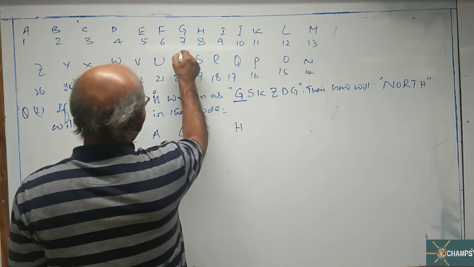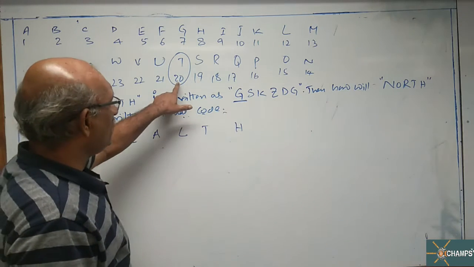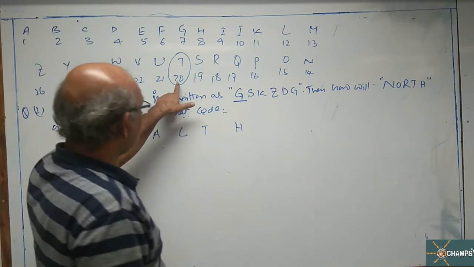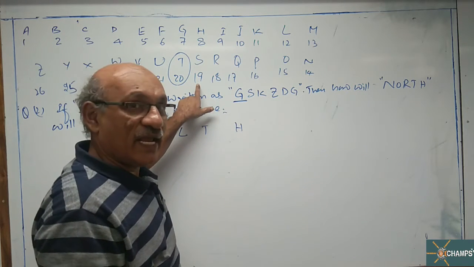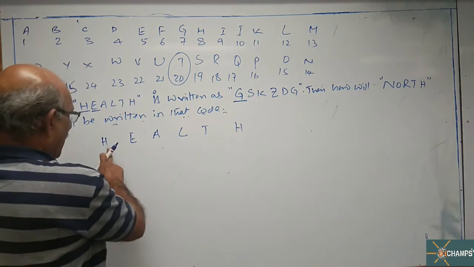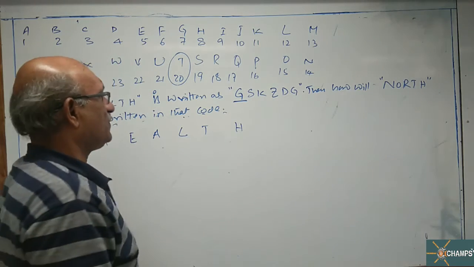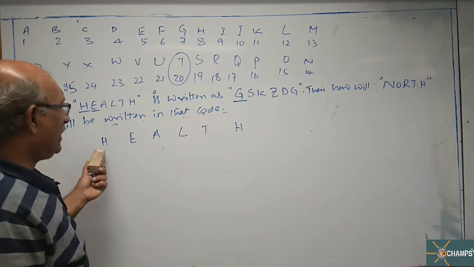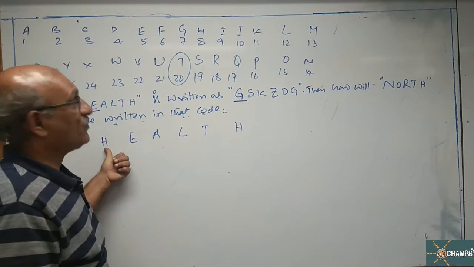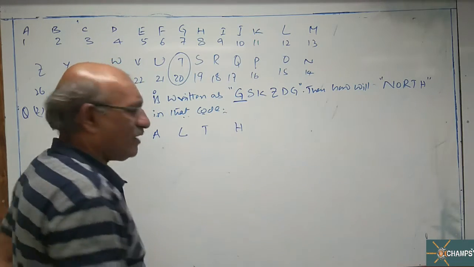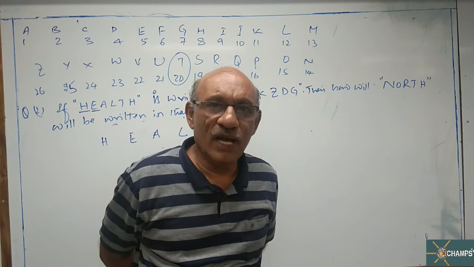But look at this. What is the numerical assigned to T? 20 is the numerical assigned to T. When I subtract 1 from this, I am getting the numerical assigned to S. Again, I am repeating this point, sir. HEALTH is the word given. Now, the ordinary way, if I take up this by assigning the numericals for these letters according to their place, I am not developing any proper decoding. Proper decode I am not getting.